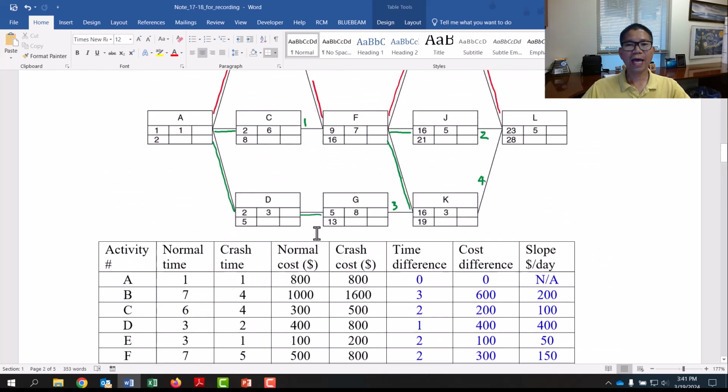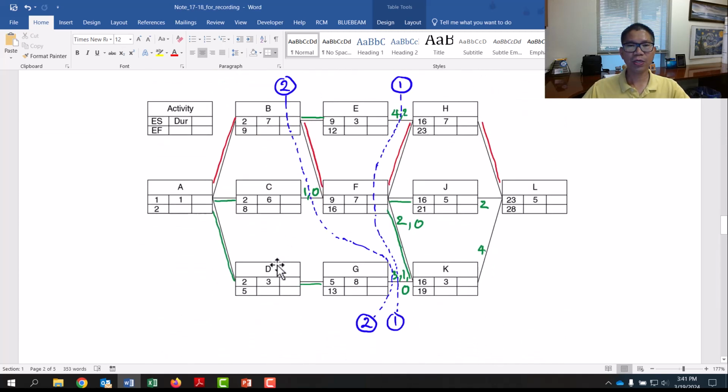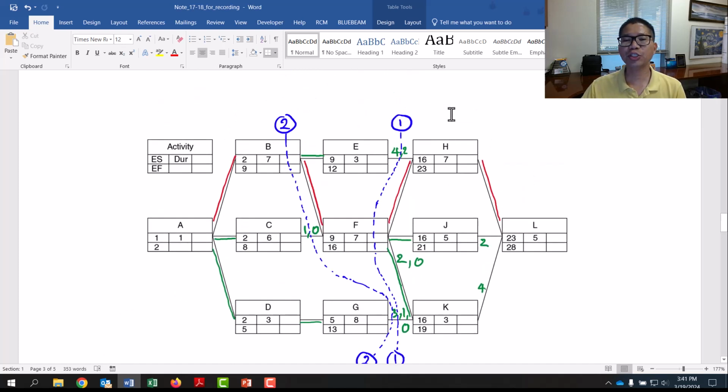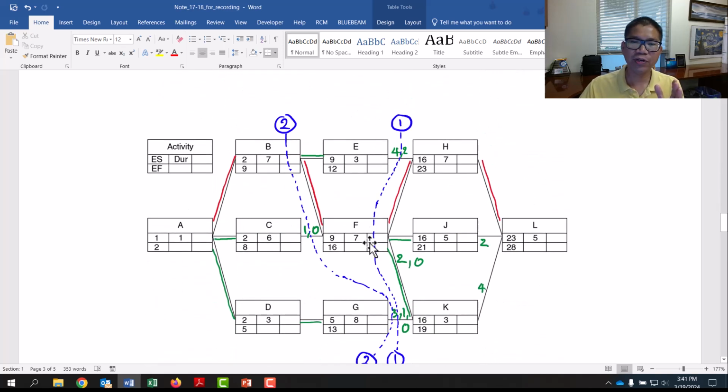Okay, so with that, we can continue. Continue now in this cycle we have here. We already cut B, we already cut F, and now H and L. And from here, H and L. So when it comes to H and L, when we cut F, and you can see we cut F here, the F reduces the time,